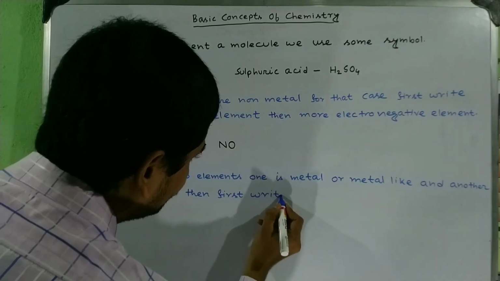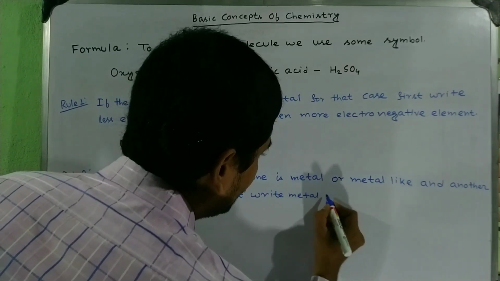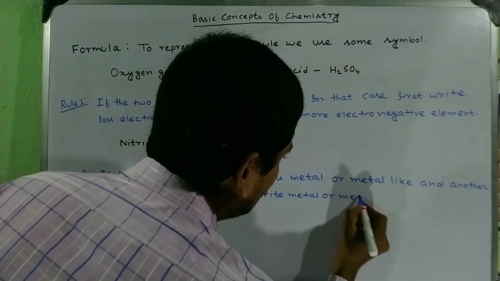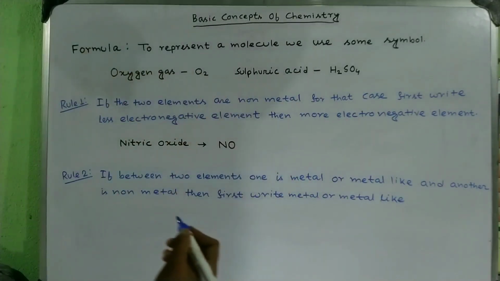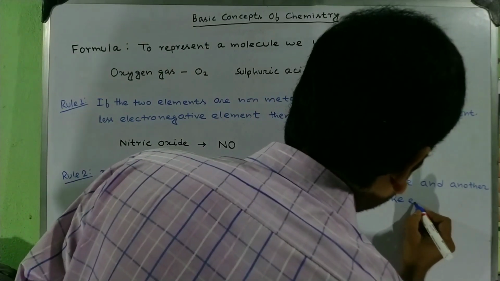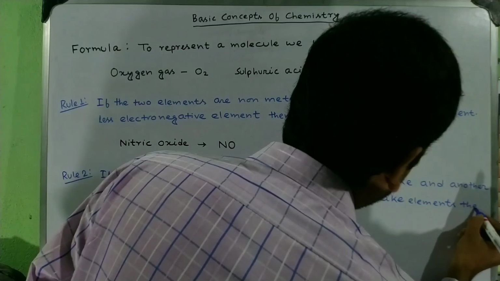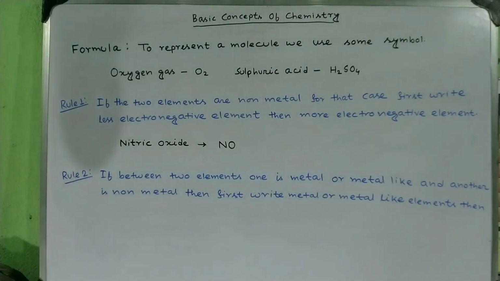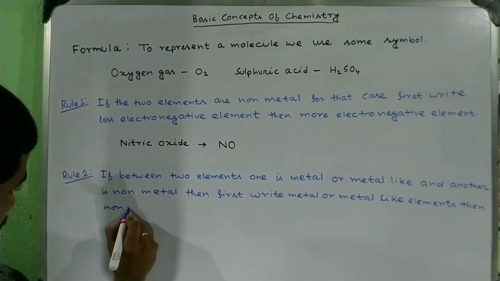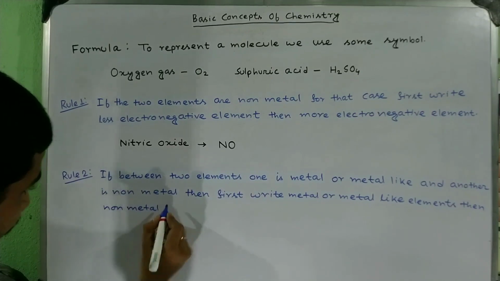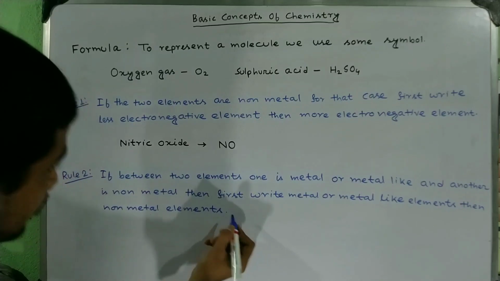Write the symbol of the metal or metal-like element, then write the non-metal element. Okay,